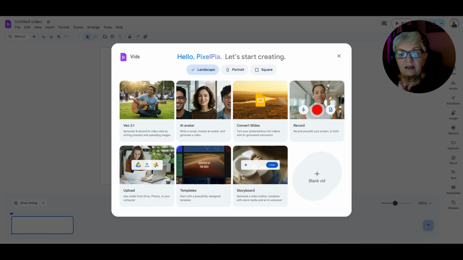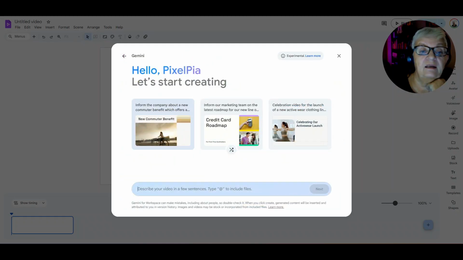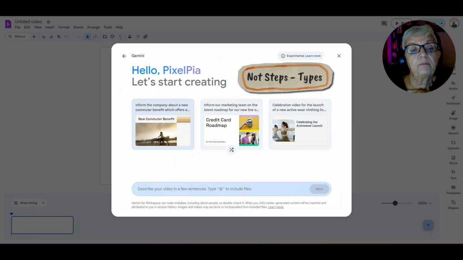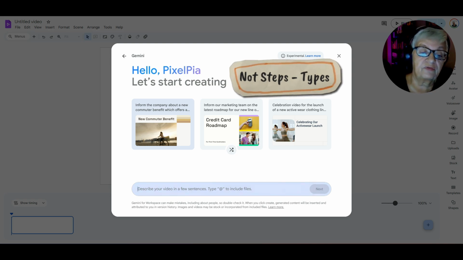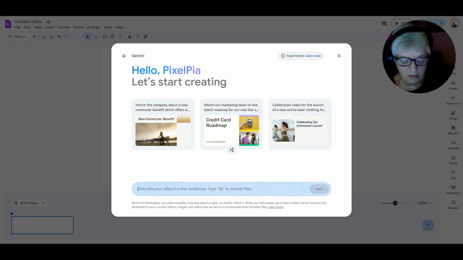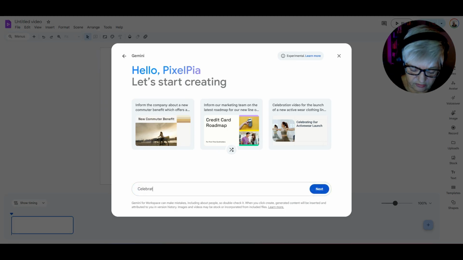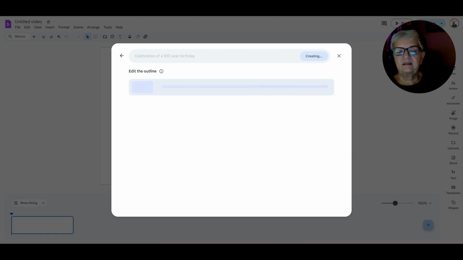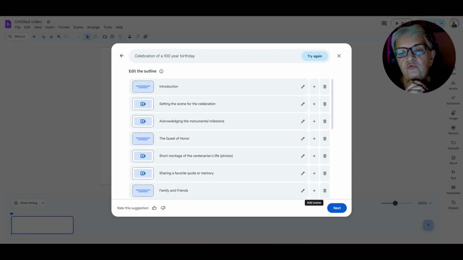Now let's go back and look again at Storybook. And here we have the steps. Inform the company about the new commuter benefit, or a celebration video for the launch of a new active wear clothing line. So what are we doing here? We are making a celebration of a 100-year birthday. Let's say that we know someone that's turning 100, and here it shows an outline with an introduction, setting